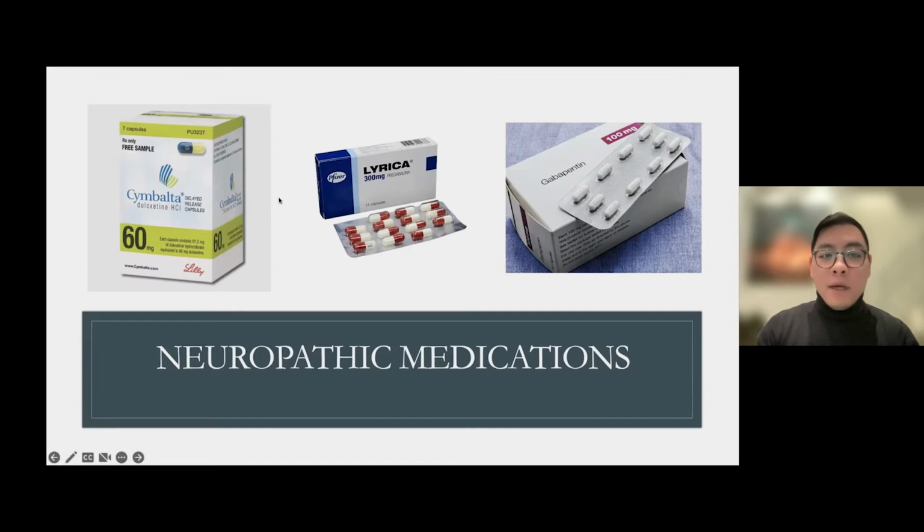Additionally, in this category are antidepressant related medications. Usually what we call them are selective norepinephrine or serotonin and norepinephrine reuptake inhibitors. Basically what that means is that they block the reuptake of some of these neurotransmitters and thereby help to decrease some of the pain signals by sending a signal down from the brain that inhibits the pain. So it actively reduces the pain signals coming up the spinal cord into the brain.